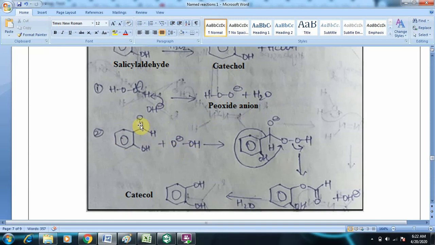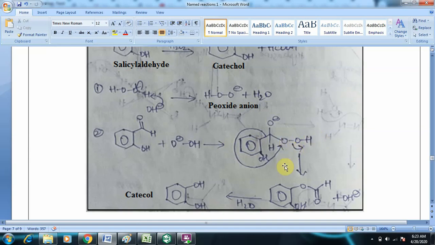Here the carbonyl oxygen pulls the bonding pair of electrons to get a negative charge, and the carbon gets a positive charge. When the carbon gets a positive charge, immediately the negatively charged O minus will attack the electron deficient carbon. So there is a new bond formed between O minus and the electron deficient carbon. Here you see the carbon, and the oxygen is polarized so it becomes O minus, and this carbon is associated with hydrogen and OOH.